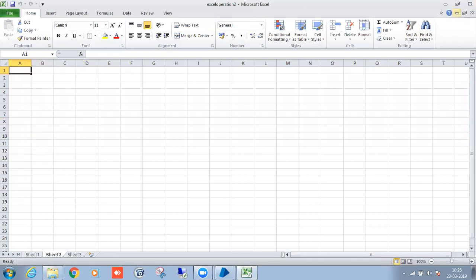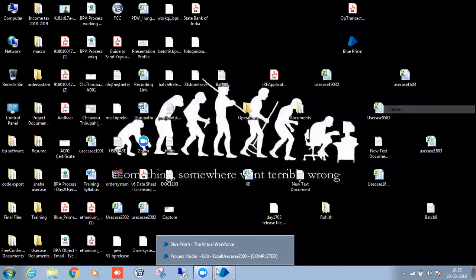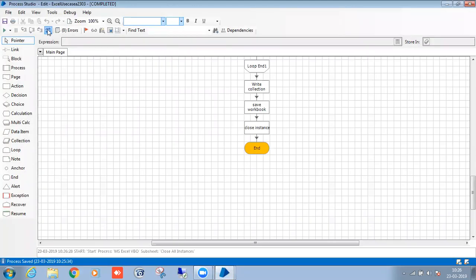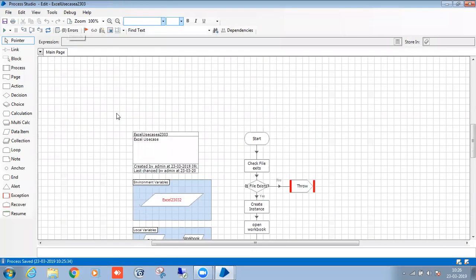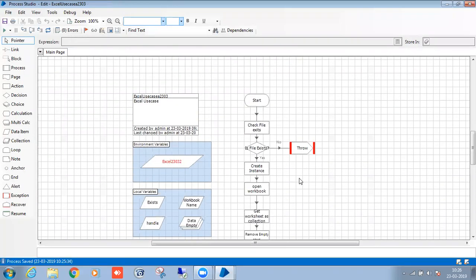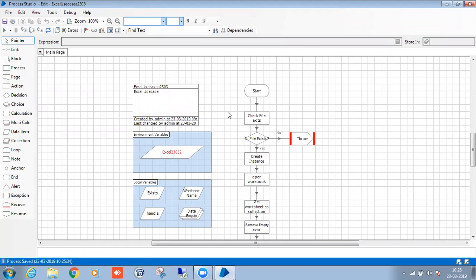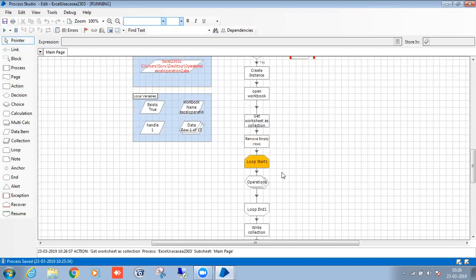Sheet 2 data is not pasted, right? So what you have to do? Refresh. You should not open the Excel sheet while you are working on the same Excel sheet. If the bot has opened it, that will be fine, but you should not open that Excel sheet manually when you want to write some data into it. Since Excel is already open, Blue Prism can't write the data in it. You have to close the Excel files before working on the Excel sheet. I had opened it before, so that's why my bot has not written the data. 13, 11. It has removed all the empty rows.